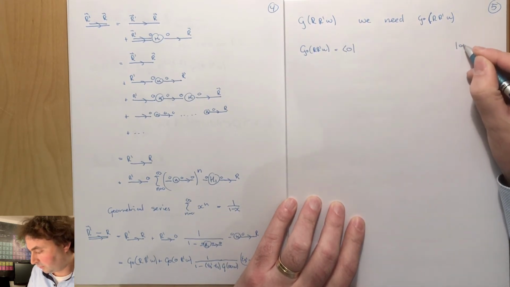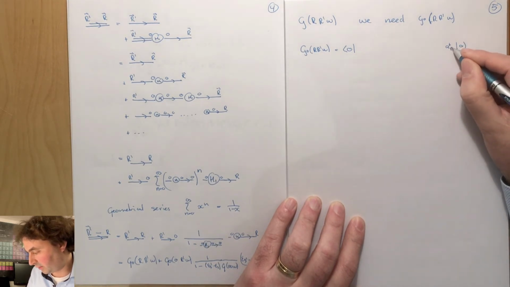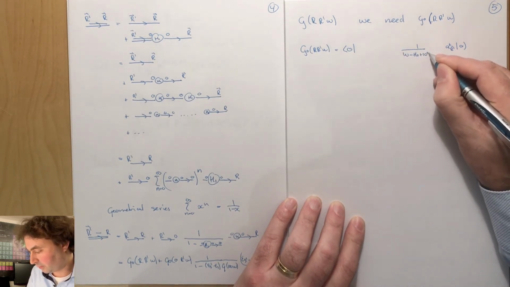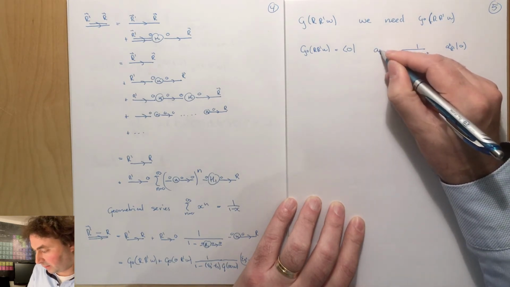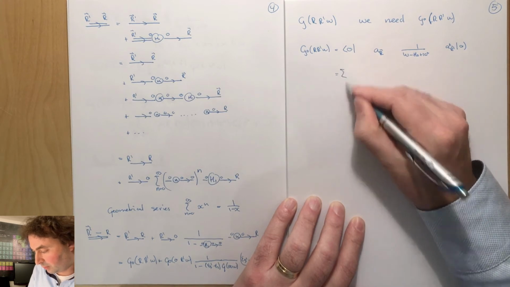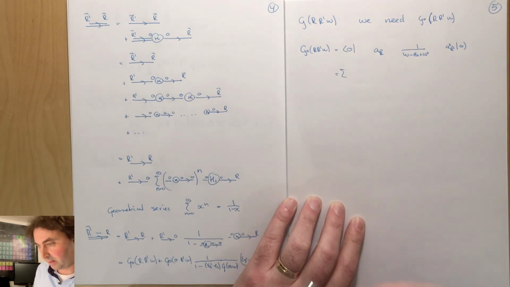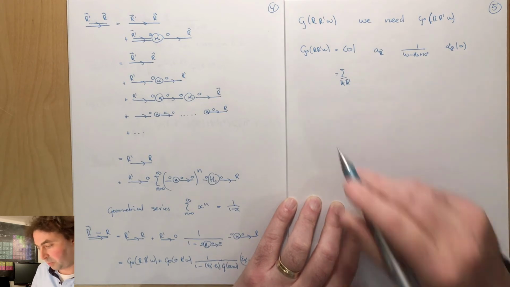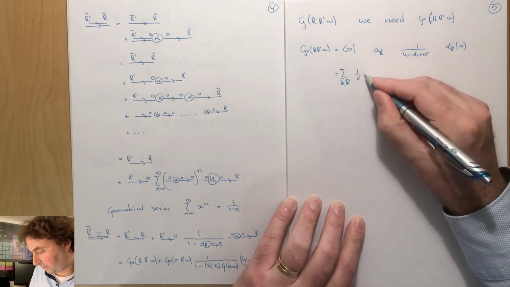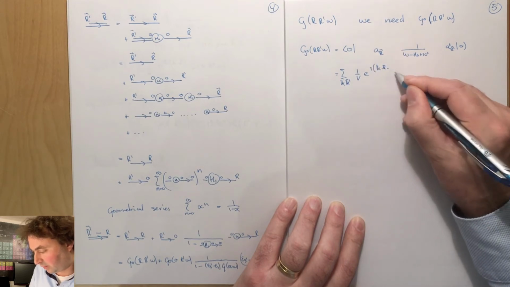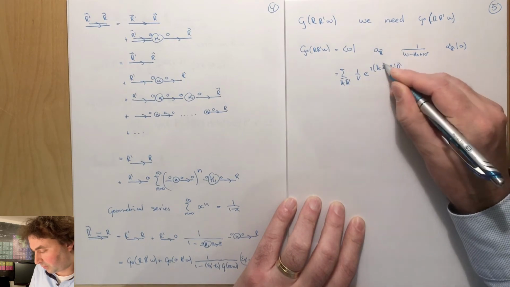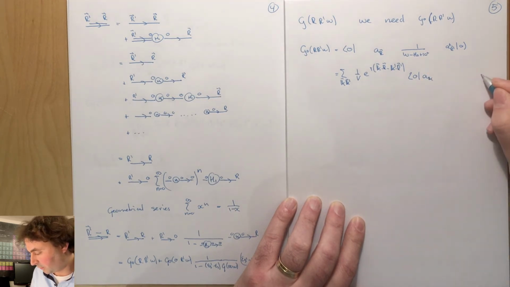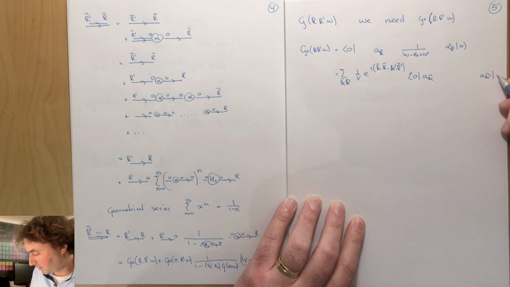is the vacuum expectation value of creating the particle at R prime, looking at 1 over omega minus H0 plus a small imaginary offset, and annihilating the particle at R. Well, we can replace the local creation and annihilation operators by creation and annihilation operators in K-space, summing both over K prime and K, 1 over V, e to the I, K dot R minus K prime dot R prime, and then we have the Green's function in K-space,